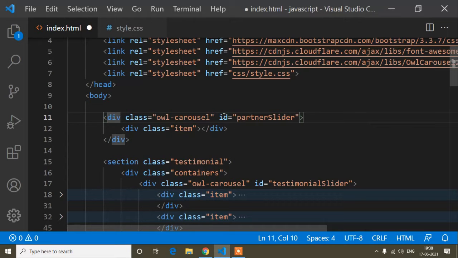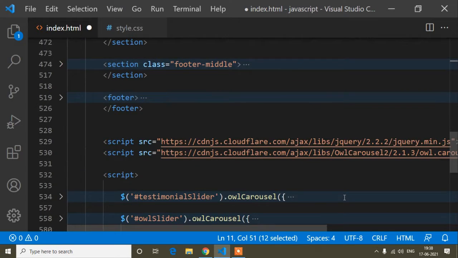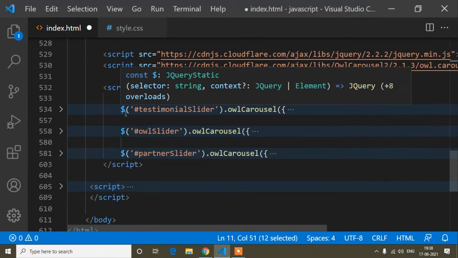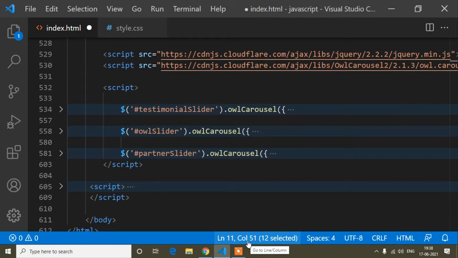Okay, so the id is always unique. Here I am making the banner slider, so I will write banner slider. And after doing this HTML code, I will come below this script tag. So guys, whatever steps I'm showing, you just follow them, and at the same time follow my description. All the links I will provide from there. Copy the link and put it in your project. So you will find the owl carousel implemented in your project.